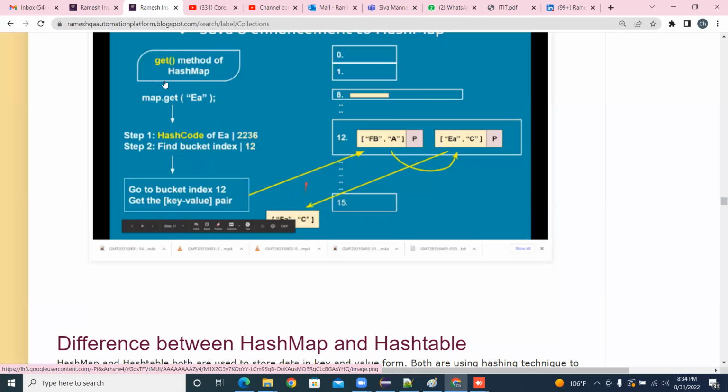So this is how the map stores the elements and gets the elements. That's how HashMap works internally, how HashMap stores the data. Okay, so that's it for the day. Please read this